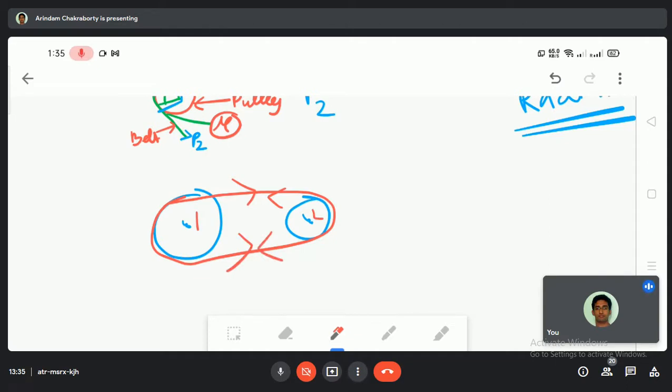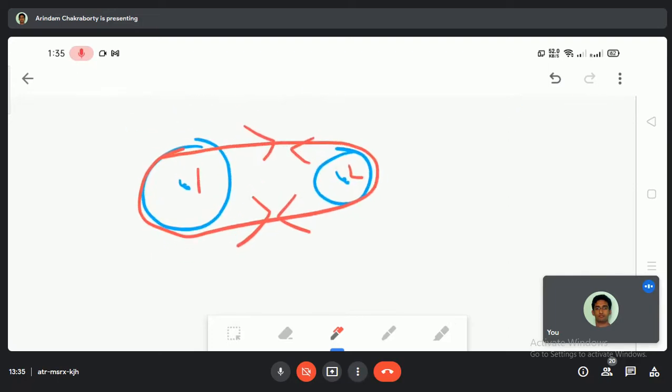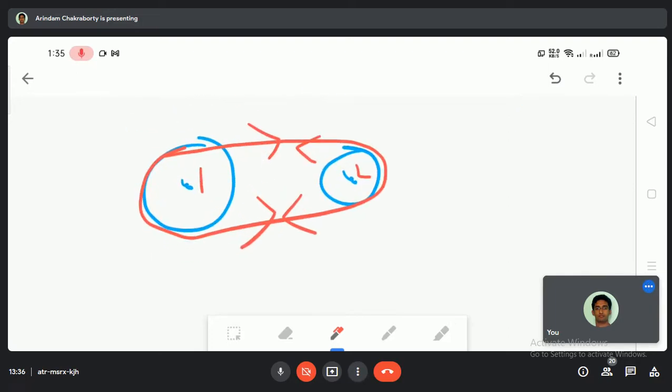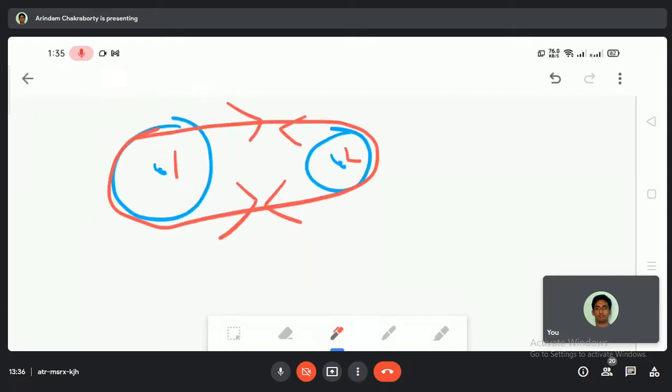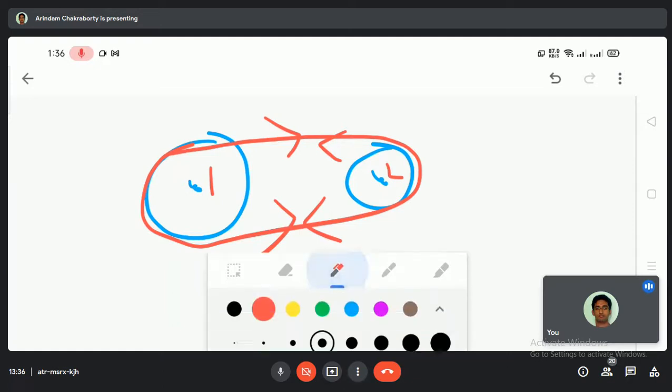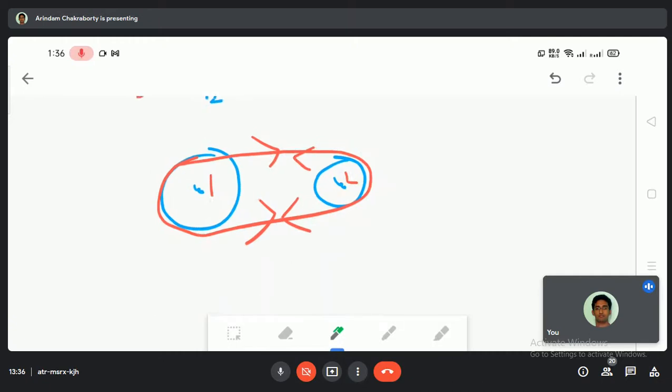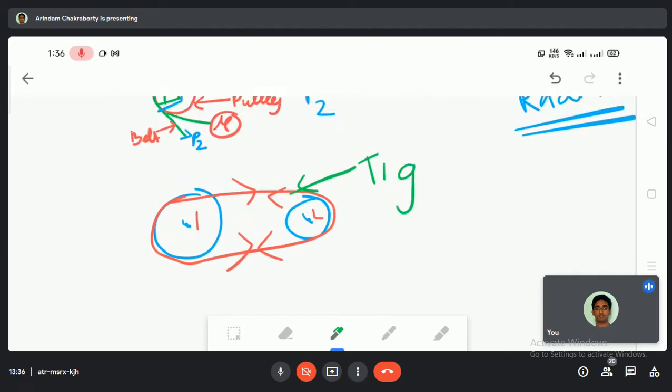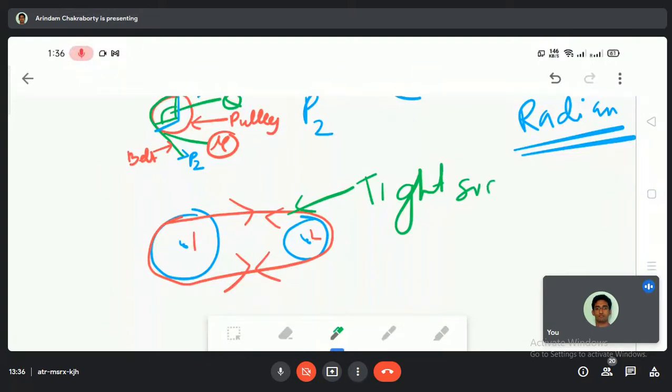Can we write this thing or not? Is it possible to write or not? Sir, if there is tension on both sides and it balances, then the wheel will not move at all; the belt will grip the pulley completely. That's why there are some zones, and that's why it is termed the tight side, and this is termed the slack side.